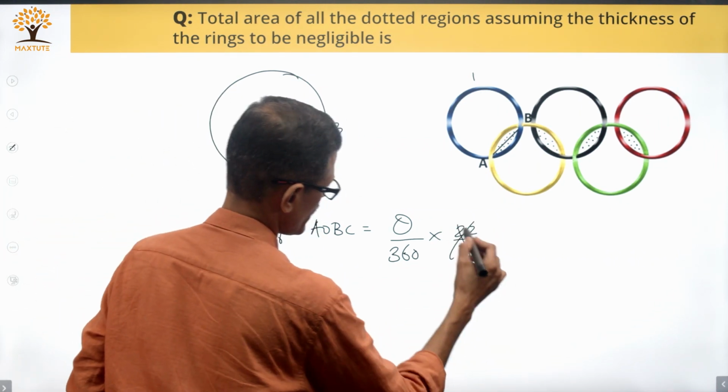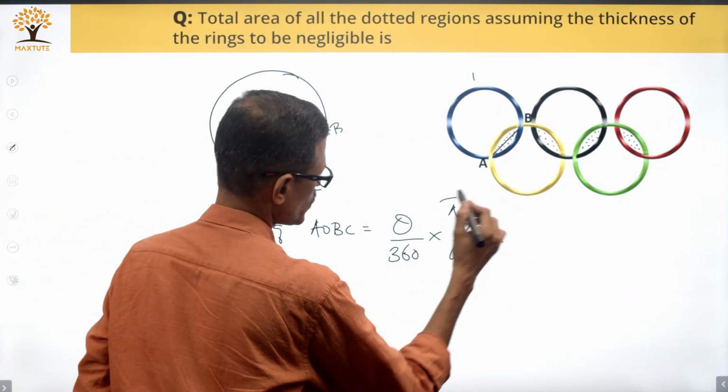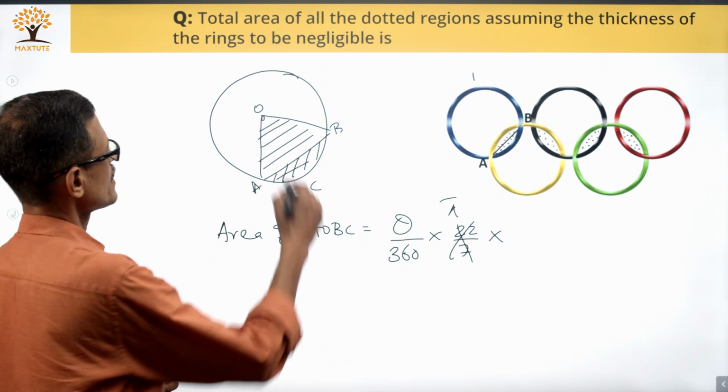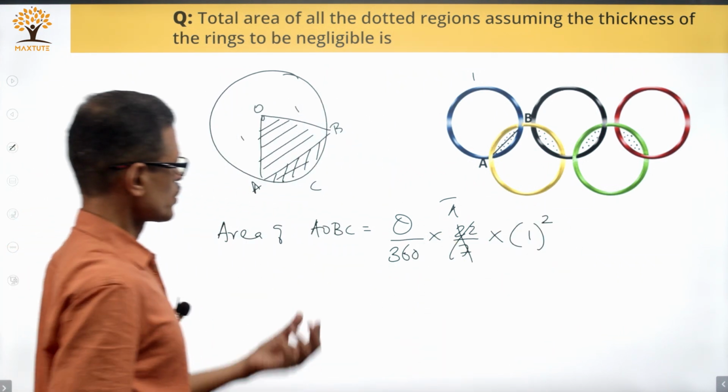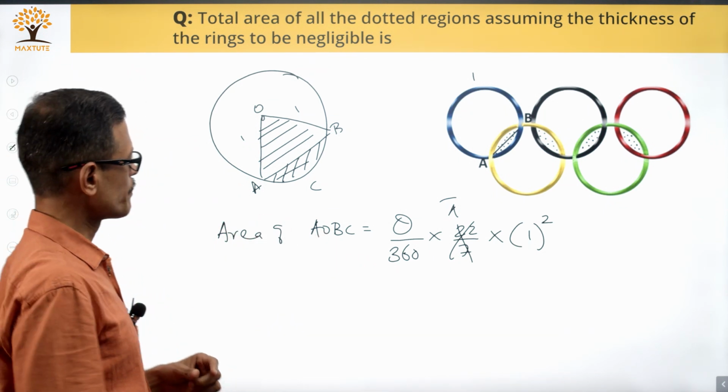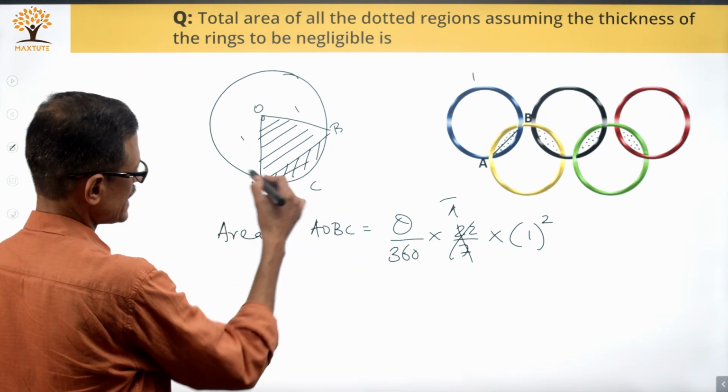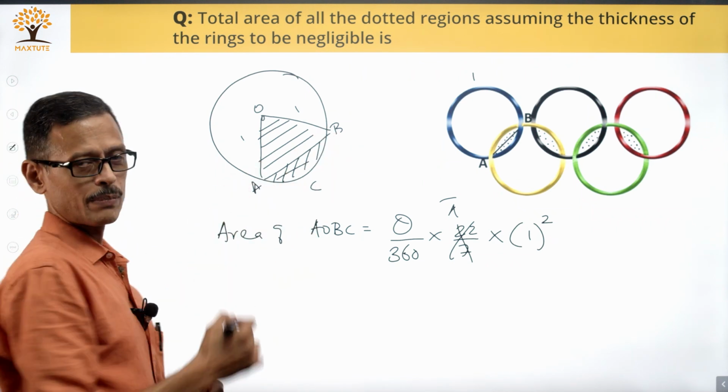So we'll take this 22 by 7 and replace it as pi into r square. The radius of each circle is given to be equal to 1, so this is equal to a 1 square. So we found out the area of AOBC. We need the area of the minor segment, so all we have to do is subtract the area of this